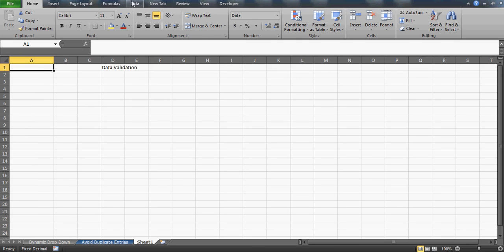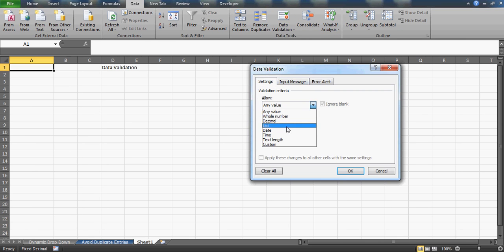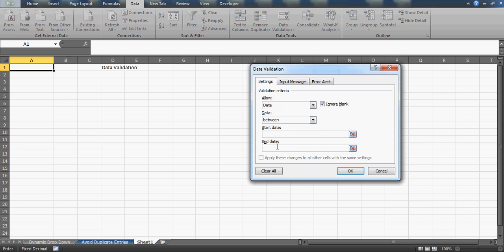So simply go to the Data tab and go to Data Validation, and underneath this you can check what exactly all the options are here. The most suitable option for this would be Date. As it says clearly, validation criteria allow.